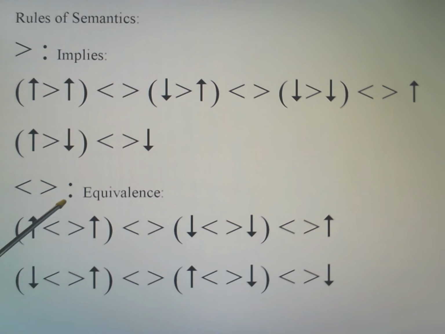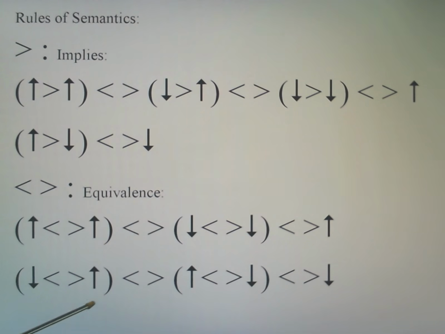Again, equivalence is a combination in the sense of two implications, but ultimately what it says is that what is on one side or the left-hand side of the symbol is of the same logical value as what's on the right-hand side. And of course, that is only the case if we have a true and a true or a false and a false. Clearly, those two are the same, and those two, and so the question, are these values the same? The answer is yes, those are true statements.